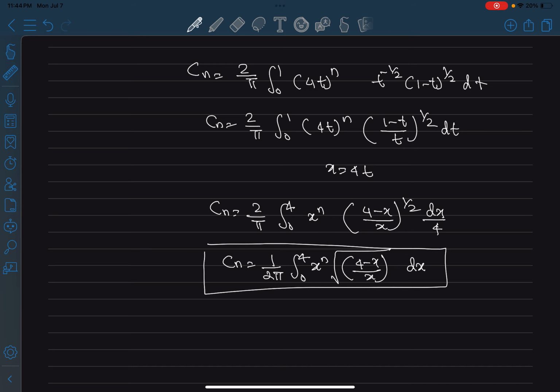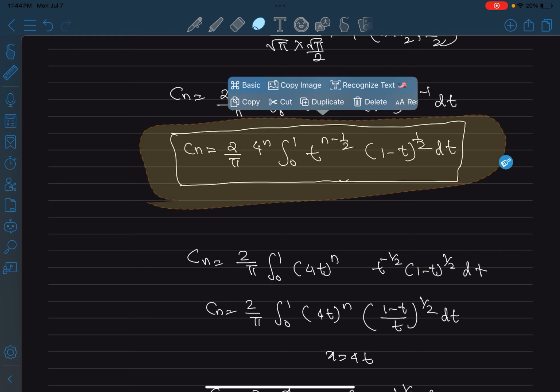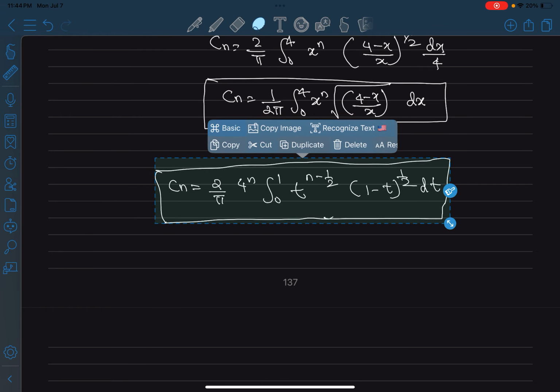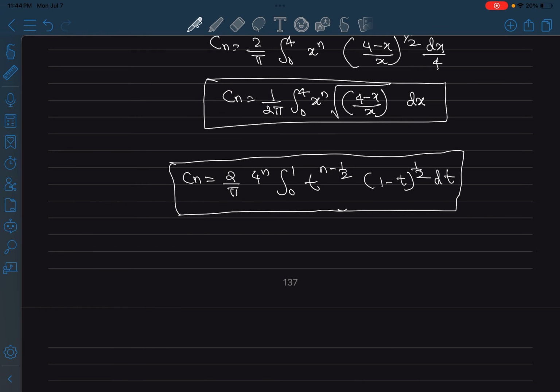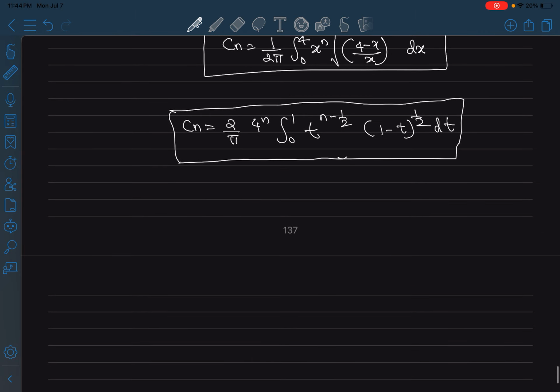Now again, to get the other integral expression, we take the same integral and then try to modify it in a different way. Okay. So we take the same expression and try to modify it differently. This time we want to make sure that there's this t to the power 2, right? So what I'm gonna do is, I'm gonna make a substitution that t is equal to u square. Okay. So this becomes 2 over pi 4 to the power n, integral from 0 to 1 again. So this time it should be 0 to 1. And u to the power 2n minus 1, 1 minus u squared to the power half, and dt is 2u